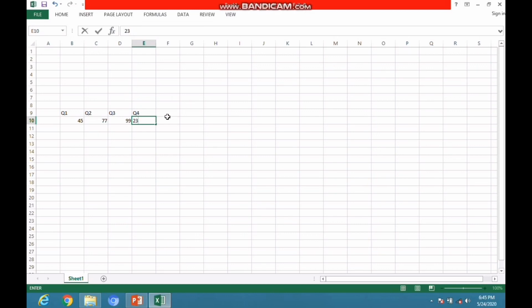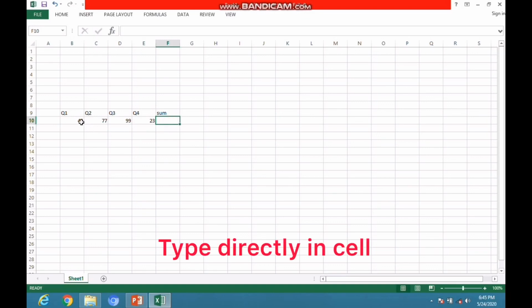Now if I want to make a sum of all these 4 numbers, I will write the formula either in the cell or in the function area, the fx area. Every equation starts with an equal to sign. Okay, don't forget, the equal to sign is a must. So we will write the formula that is equal to